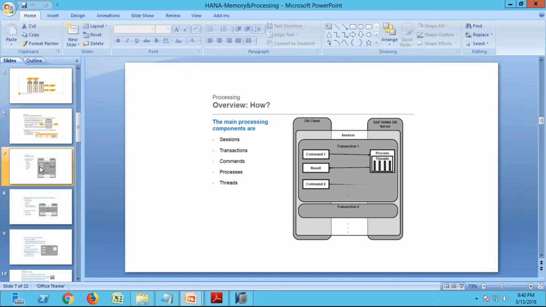So with that, if you see the processing perspective, how the CPU will be processing your request. But then when it comes to the processing of these requests,